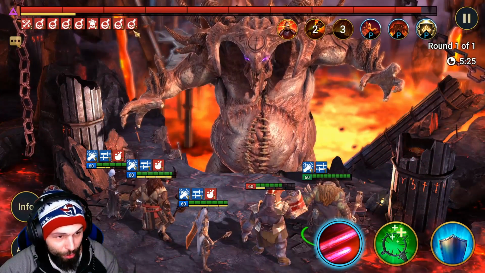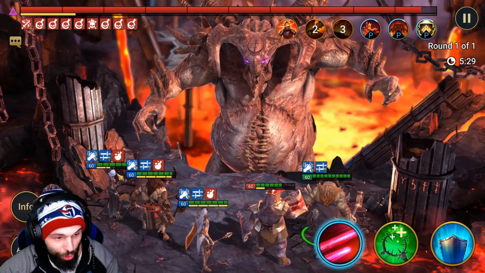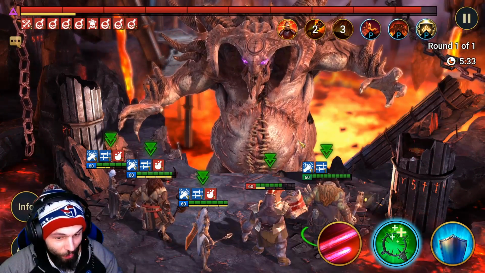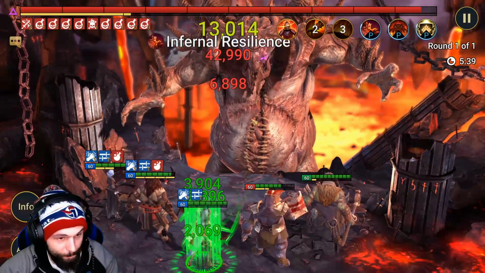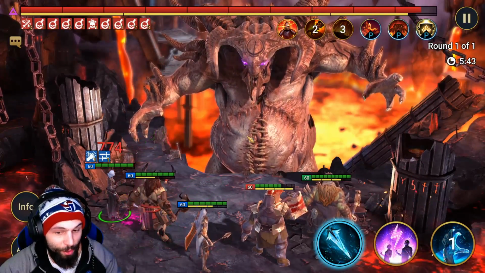And what's really nice about poison sensitivity too is that it stays up during the counter, so she gets to apply her poisons, and they're guaranteed. So I think that it's a very, very good champion for a clan boss. It's going to make a lot of people's lives a lot easier because